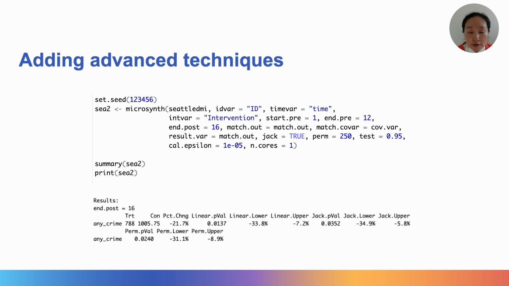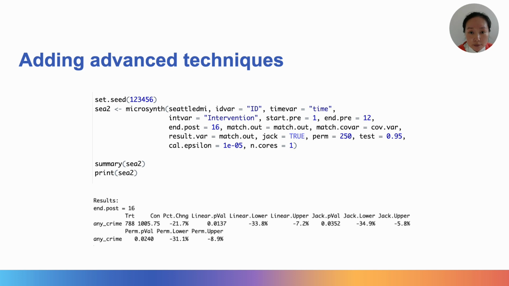Both techniques will help us to check the robustness of our model results against randomness and other caveats. We can do this very simply in the microsynth package by specifying jack to represent jackknife, and perm to represent permutation. Here we will just use the default 250 permutation iterations to